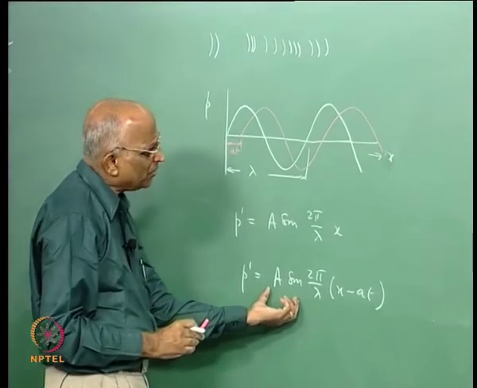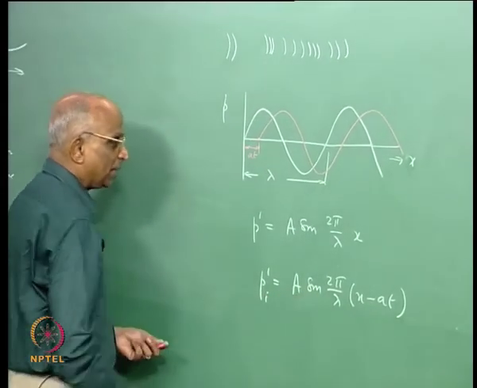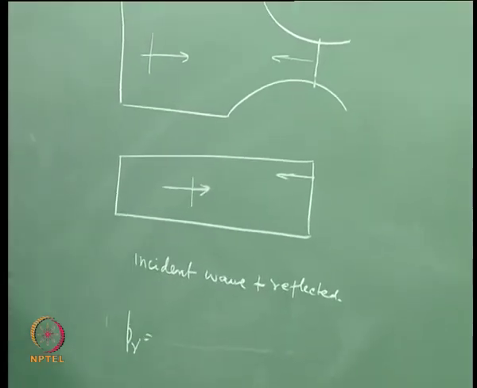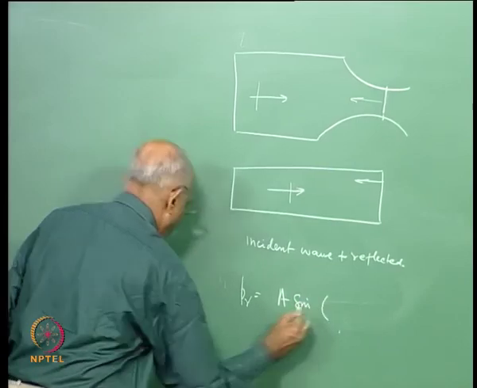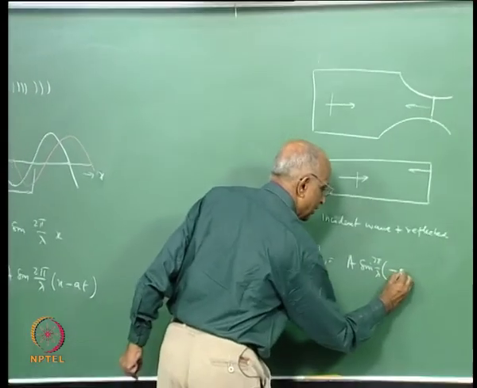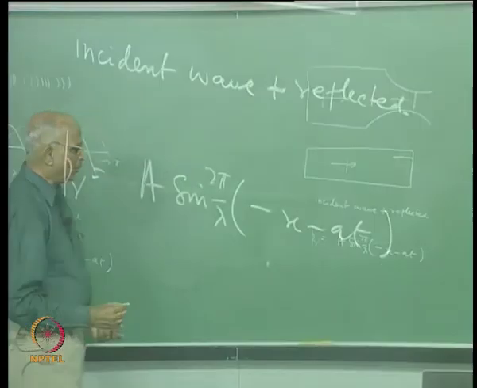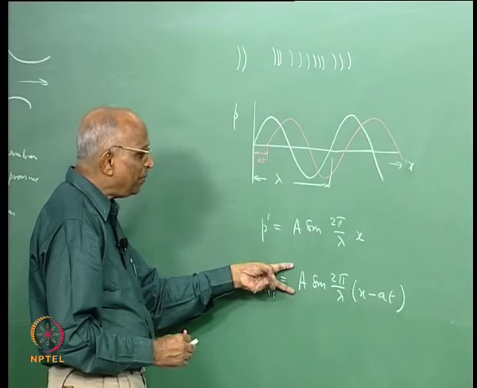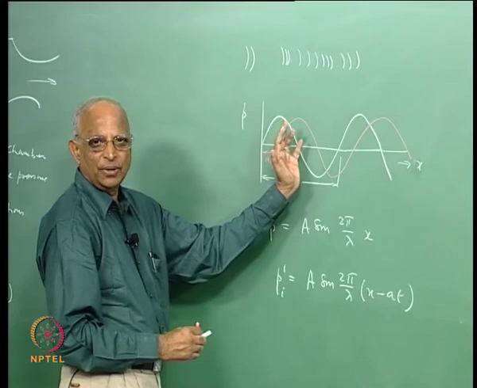Now what will be the equation to a reflected wave if the incident wave I say is Pi is given by this? The equation to a reflected wave should be, it is moving in the opposite direction, therefore it should be A sine of 2 pi by lambda into minus x minus at, or minus A sine 2 pi by lambda into x plus at, and this is what we will be looking at in the next class. We will be trying to see whether some wave motion is possible in the chamber and what